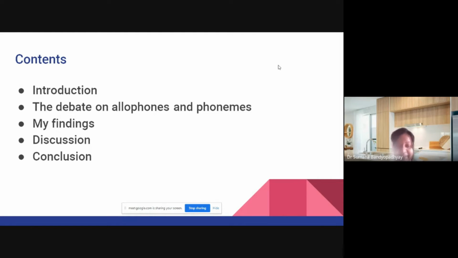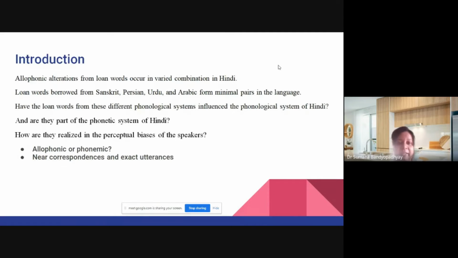Next slide, please. In the introduction, I would like to say that allophonic alterations from loan words occurred in varied combinations in Hindi. This is a very well researched and well discussed topic for almost 7 to 8 decades now. The loan words borrowed in Hindi are from Sanskrit, Persian, Urdu, and Arabic, and all of these form minimal pairs in the language. And I would argue that